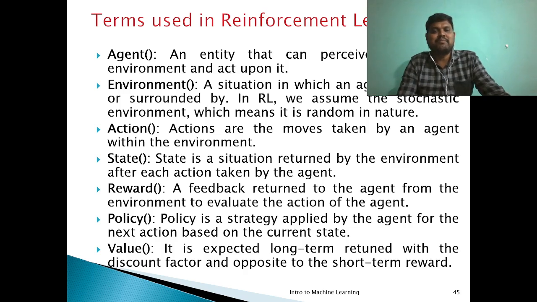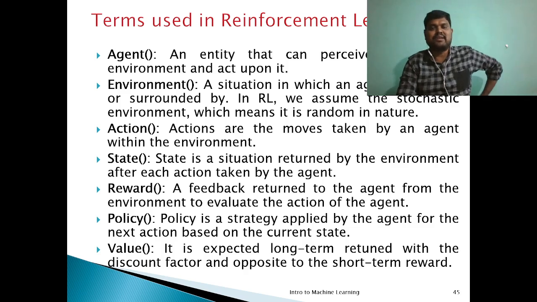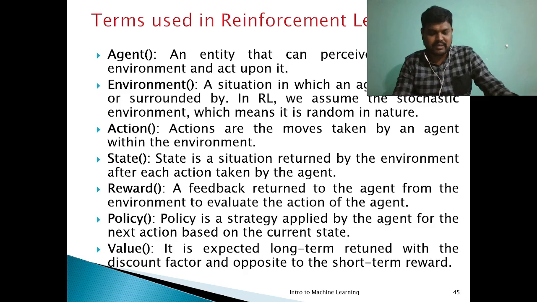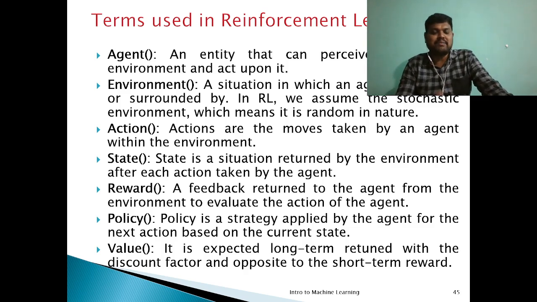If the machine learning model predicts incorrectly, then a penalty will be given, right? And you can also have some policy for the agent action, right? Here the agent is nothing but the machine that acts upon the